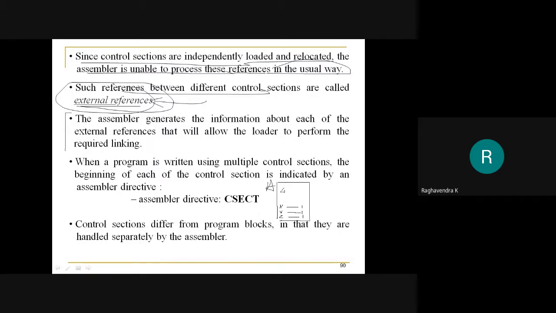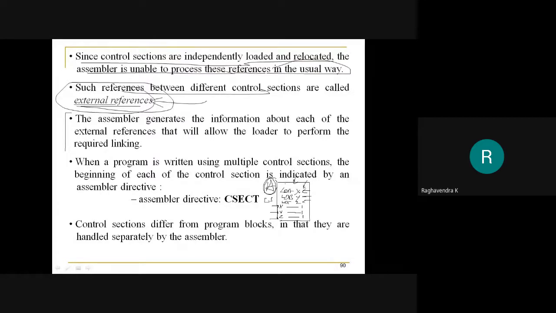Now there is an instruction LDA X, similarly LDB Y, similarly LDT Z. The name of the control section is A, and here we have instructions which refer to labels or symbols that have been defined here only. So this will not cause any issues because the values of X, Y, and Z will be known to the assembler, since they are part of the same control section.